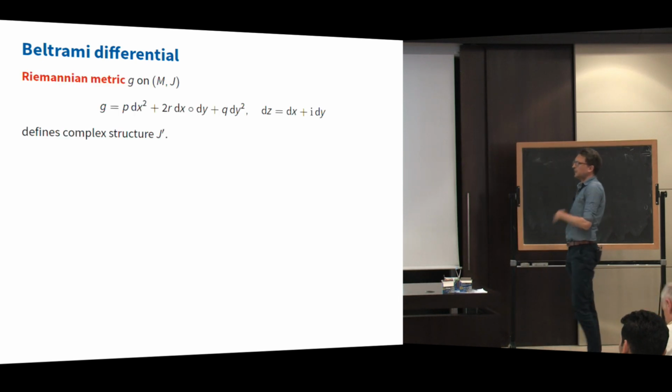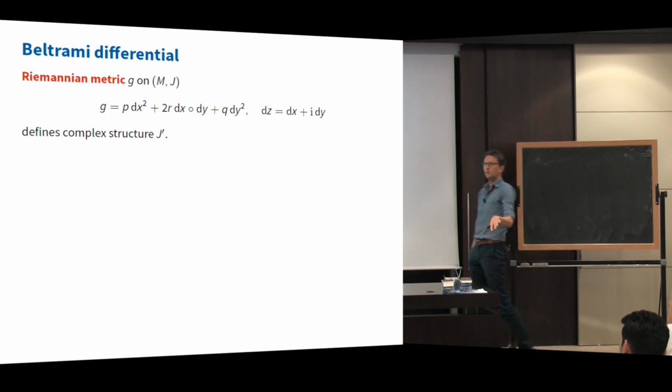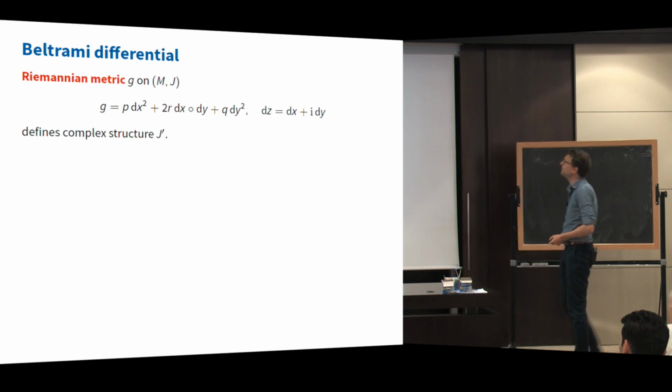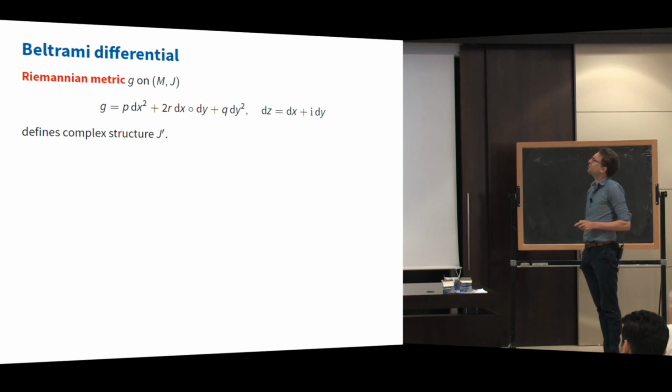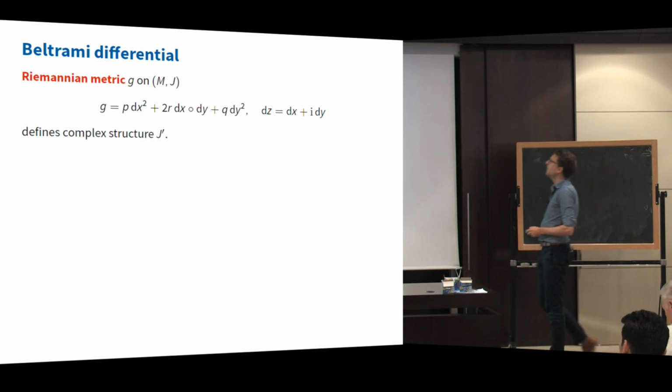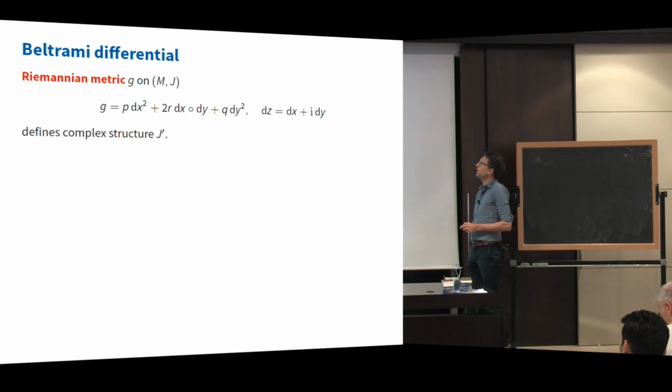Say we fix some complex structure on our surface. Now we want to describe another complex structure. How do we do that? Well, let's pick some representative metric of the associated conformal structure. With respect to a local holomorphic coordinate system, we can describe it in this very explicit fashion. And we get a new complex structure J prime, which is just multiplying by pi half in positive direction with respect to g here.